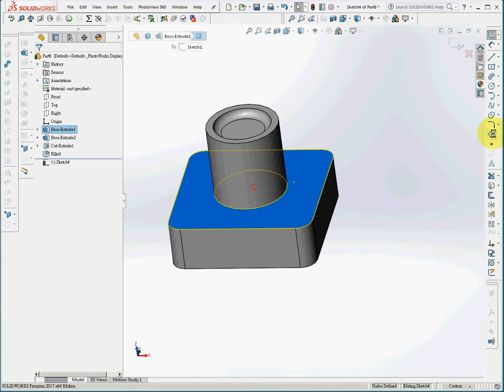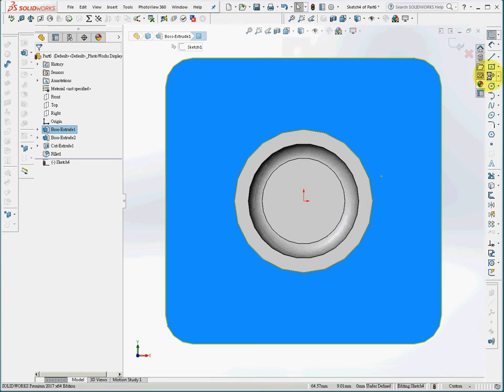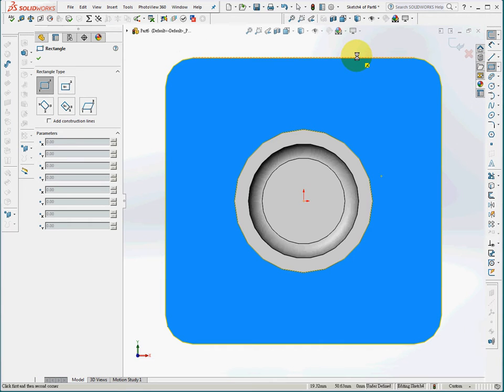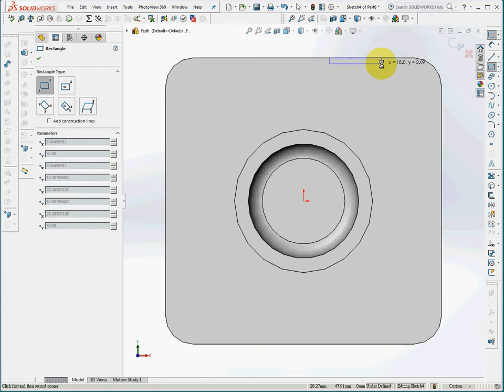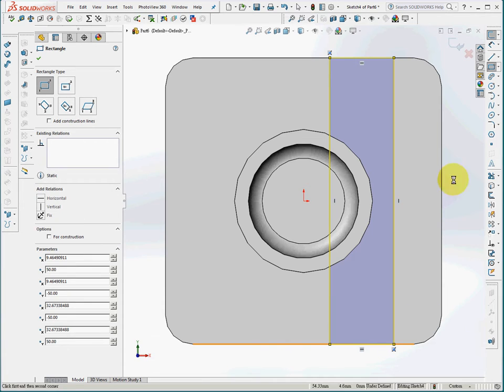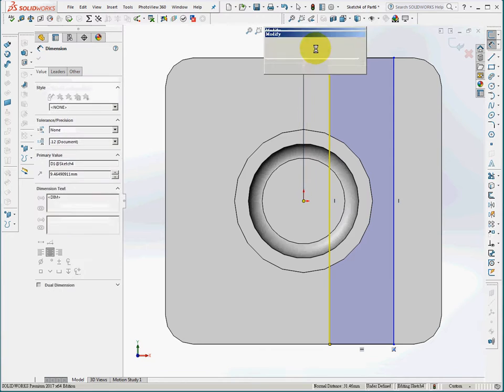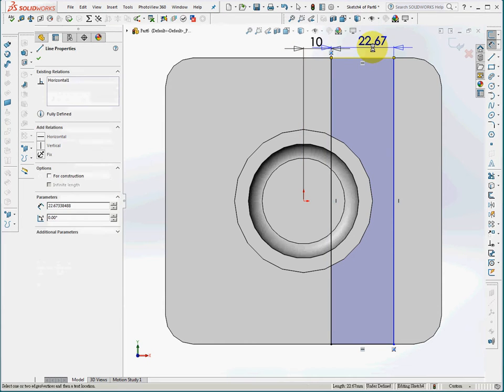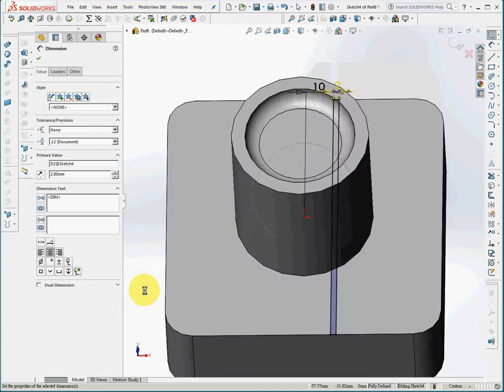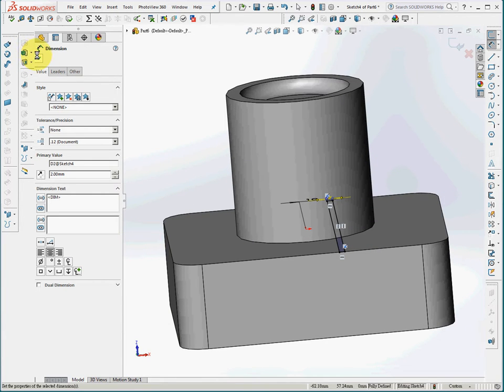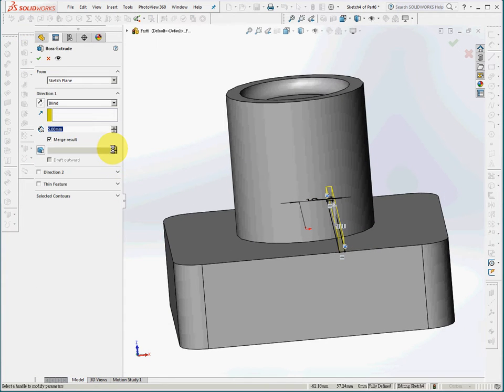Now we'll enter sketch mode on the top surface of the top plane of the base, and I'll draw a corner rectangle. The top line will be coincident with the top surface, and the bottom line will be coincident with the bottom surface. The distance here will be 10 millimeters, and the thickness will be 2 millimeters, and I'll extrude it to 30 millimeters,